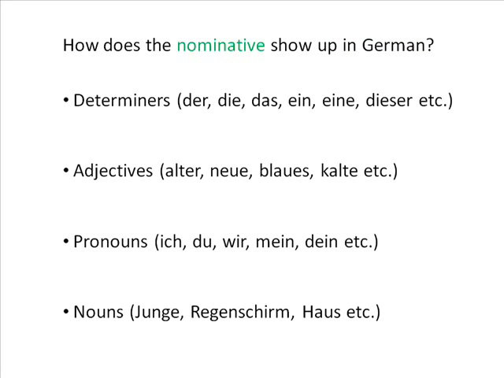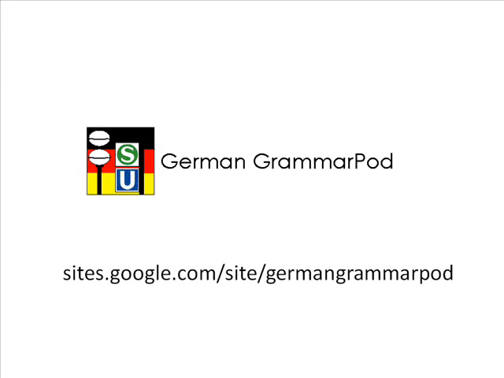It would take a very long time indeed to go through every example of the nominative case for determiners and adjectives. So for now, I'm going to stick with the examples I think are most useful. I'm going to run through all the examples in the order masculine, feminine, neuter, plural. By the way, in case you were wondering, the plural doesn't change depending on the gender as it does in some languages. I'll also provide a table on the website